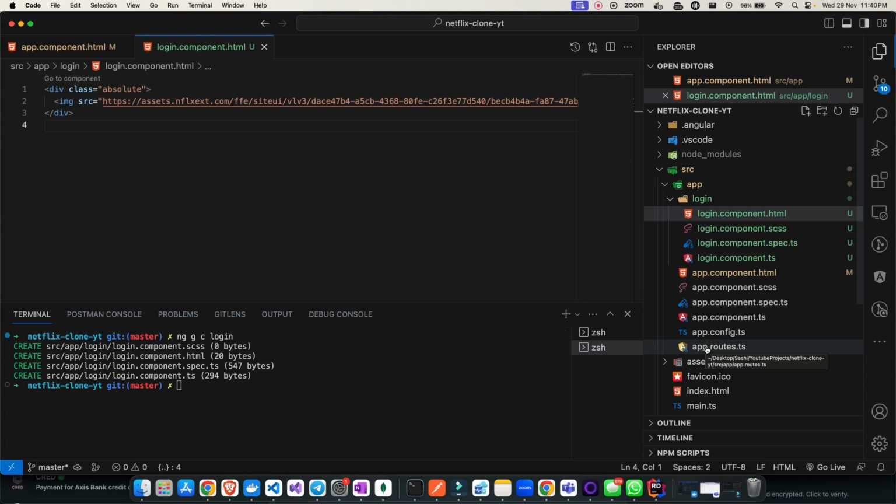At the moment there is no such change, because we haven't configured the routing. Once we are on the blank page, I want to show the login here. So let's configure the routing in a standalone project. For that, let's go in the